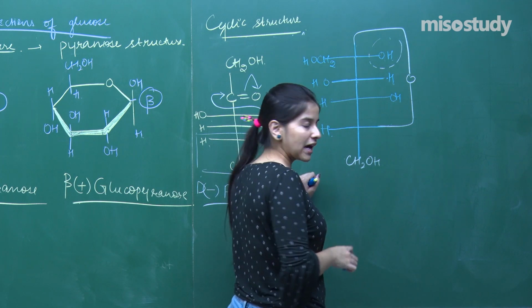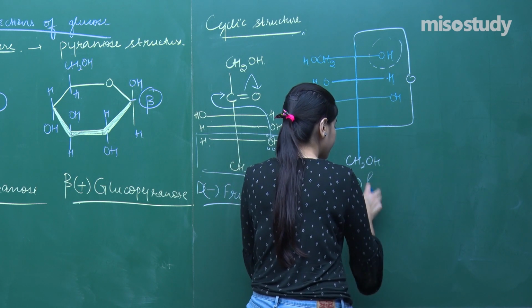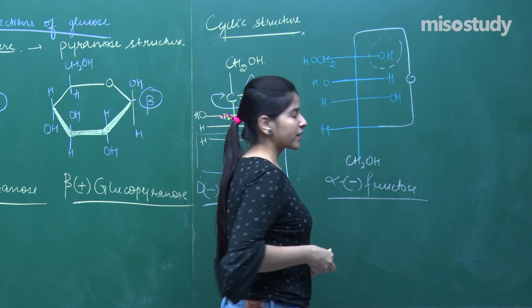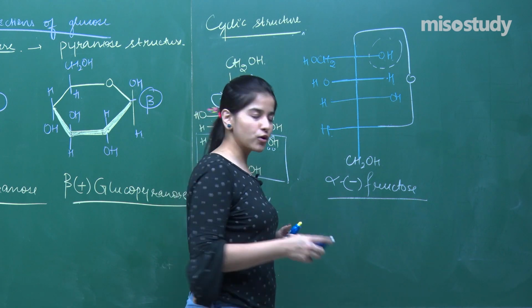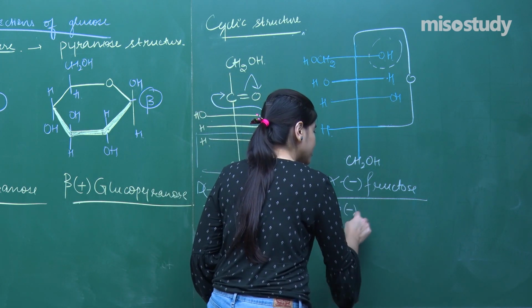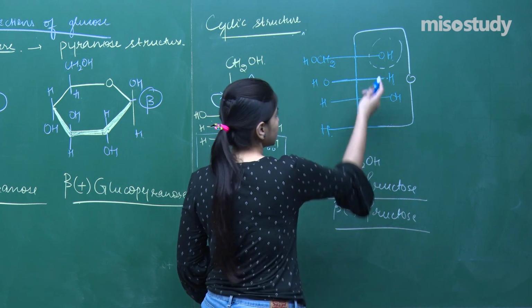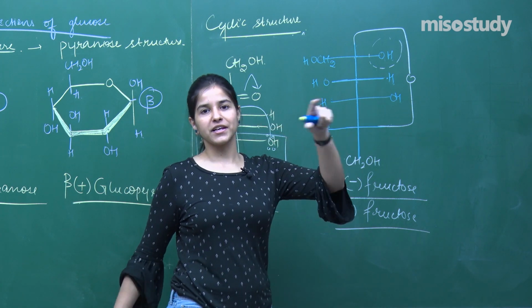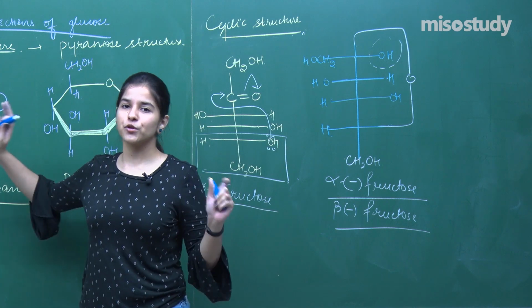And yes, what do you see? OH to the right-hand side, it's the alpha minus fructose that I have here. So, can you form beta minus fructose? Can you form it or not? You just need to shift this anomeric OH to the left-hand side and I will be getting my product. And in a similar way, we will be drawing the Haworth projection for it as well.